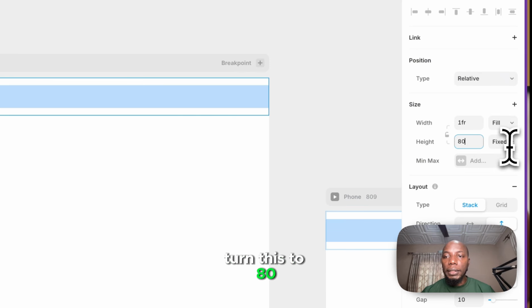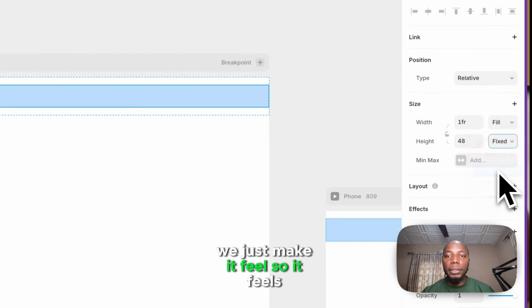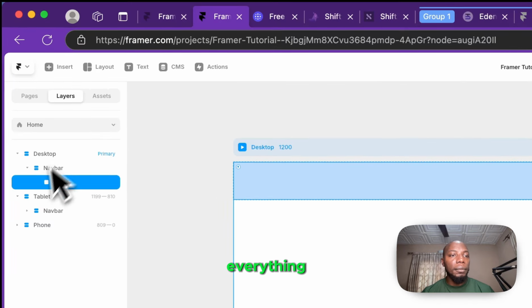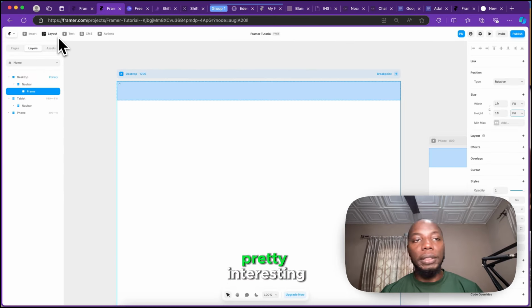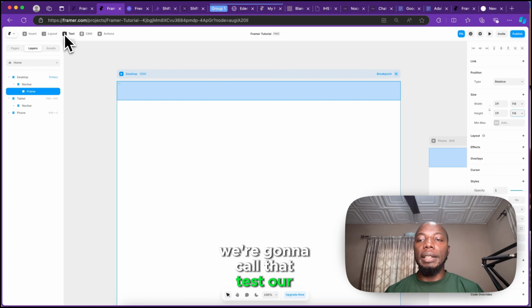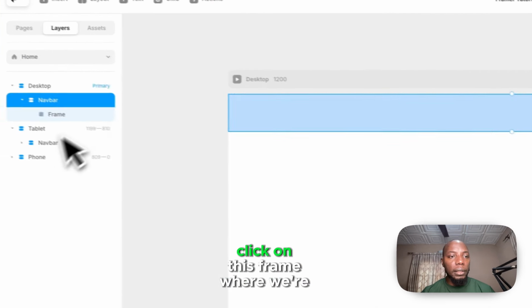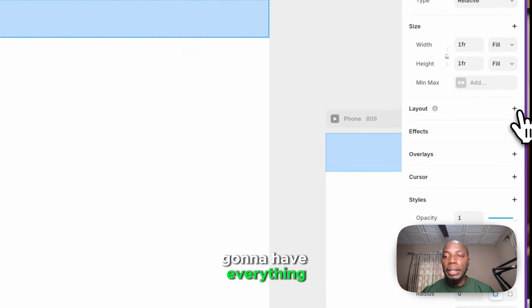Let's turn this to 80. And the frame inside, we just make it fill, so it fills everything. And this is where it's going to get pretty interesting. We'll need to put a text in there that we're going to call text logo. But before then, click on this nav bar, click on this frame where we're going to have everything, and click on